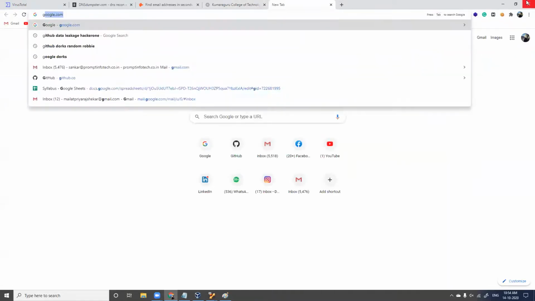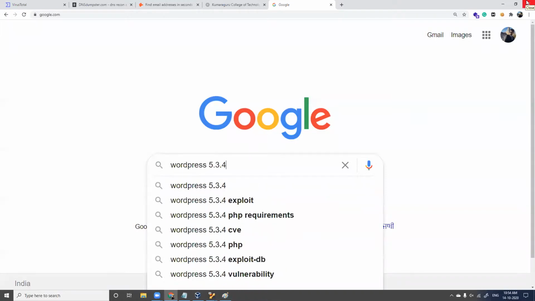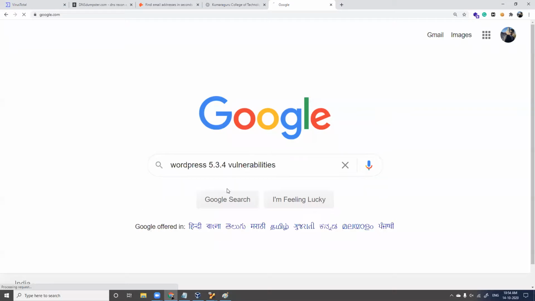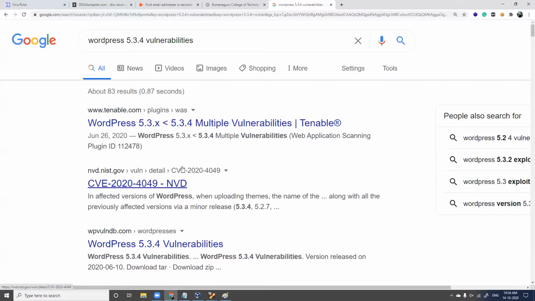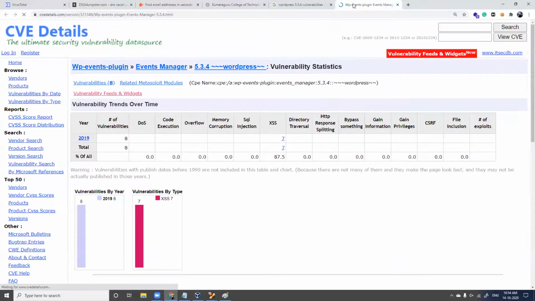So I'll just go to Google and I'll type WordPress 5.3.4 vulnerabilities. I'll just search what this particular version of WordPress is vulnerable to. So when I click on vulnerabilities, I get a lot of things. We'll go to CVE details. I'll tell why we go for CVE details.